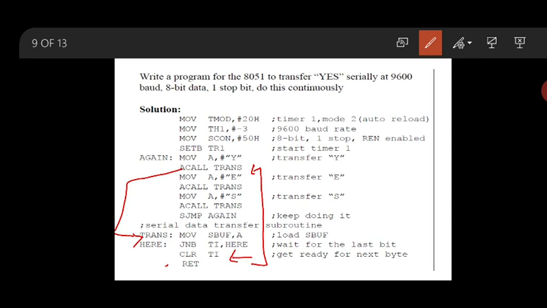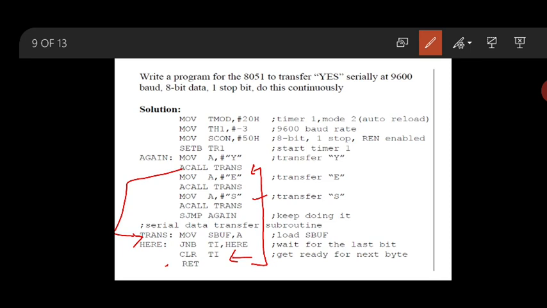It means its transmission job is over, so the loop will be broken. It will go to clear the timer, again it will go to the next character, and this process will keep on operating to transmit the YES.